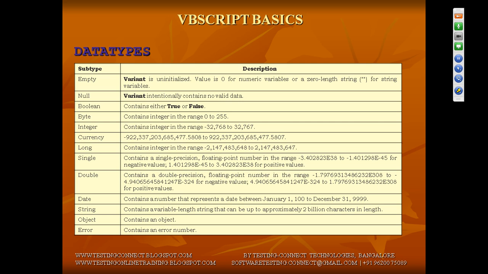So empty means that location will be there and it will hold the value 0. Null means that location gets deleted. That is the purpose of null. Boolean, integer, all these things are not really required. If you want to know, you can go for